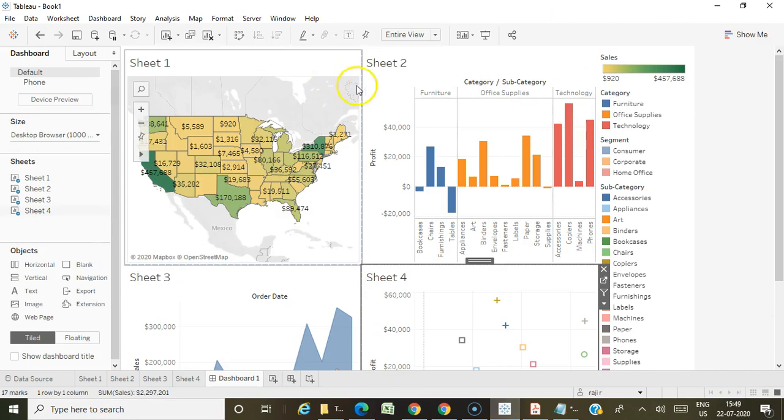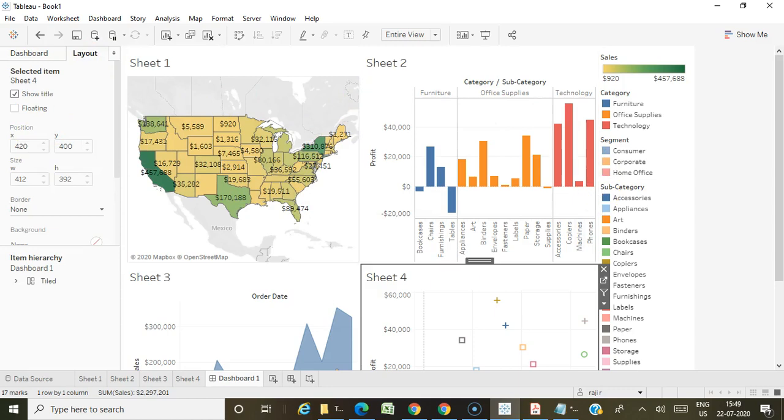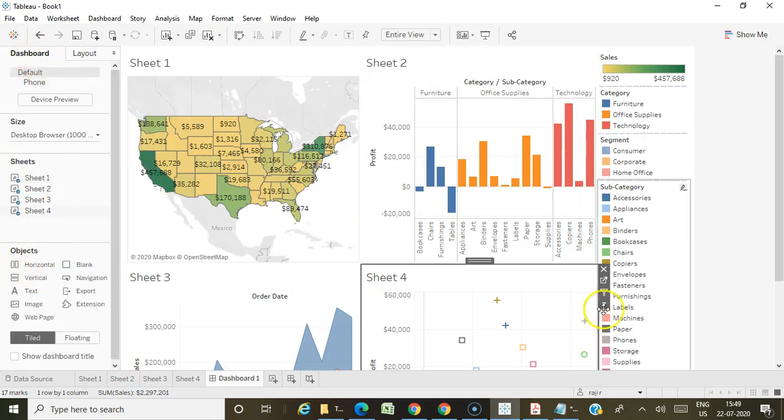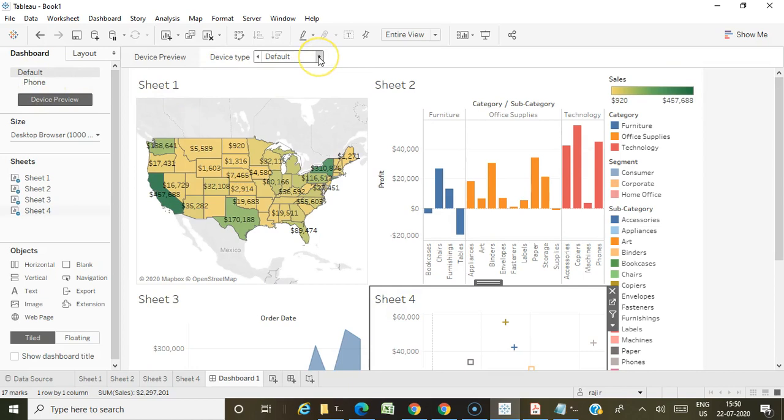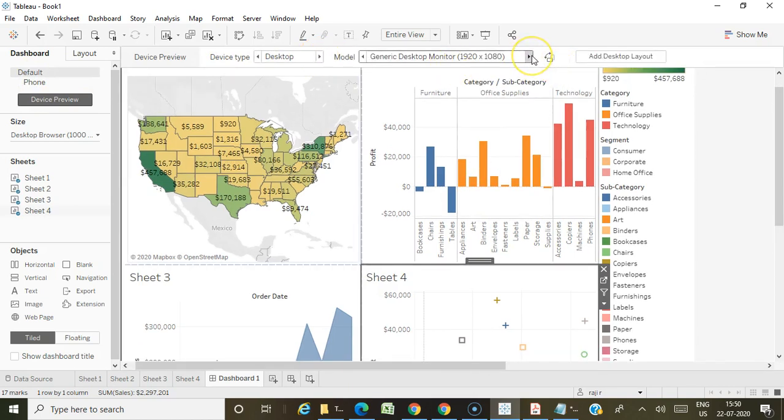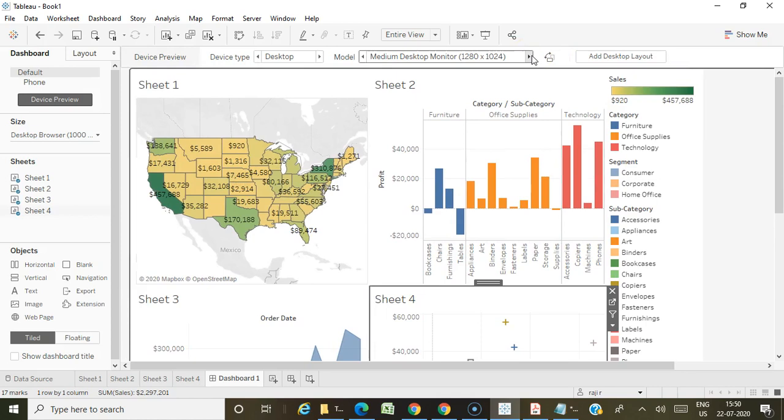when you are normally creating a dashboard, you can just drag and drop the sheets, but you have some options like different layouts. Okay, so you can add a horizontal layout and a vertical layout. Then you can place the objects how you want to represent them in the dashboard. Okay, and also there is a device preview section where you can preview the various sizes, how the dashboard will look in the various devices. Okay, so already some devices are added.